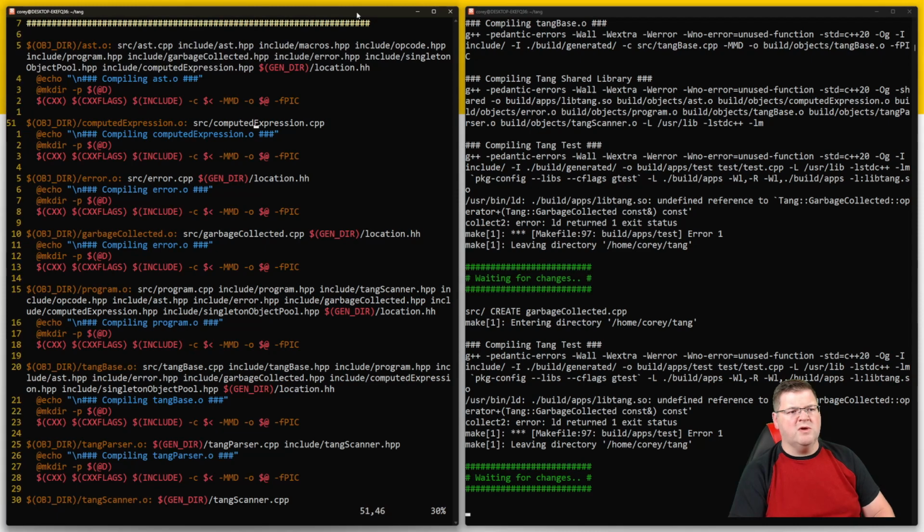Same way for computed expression, should also include